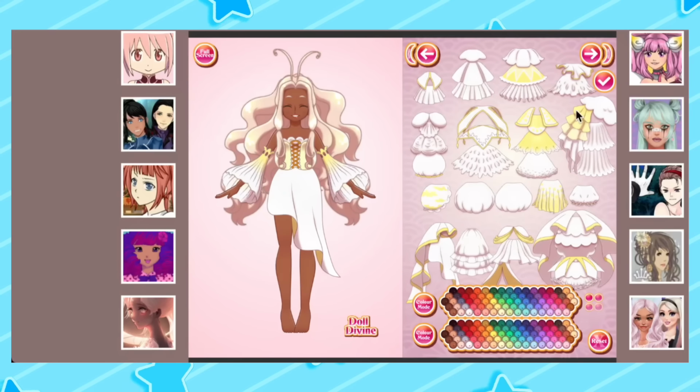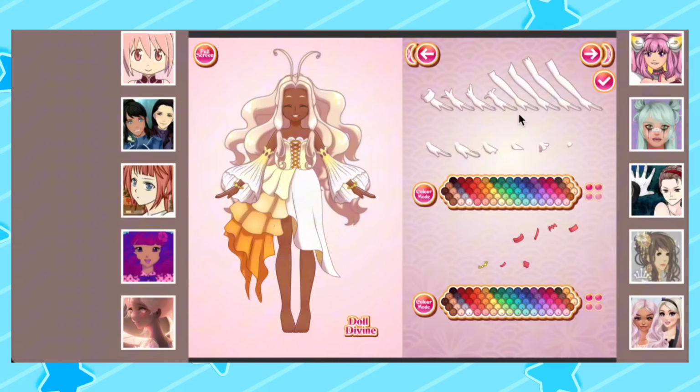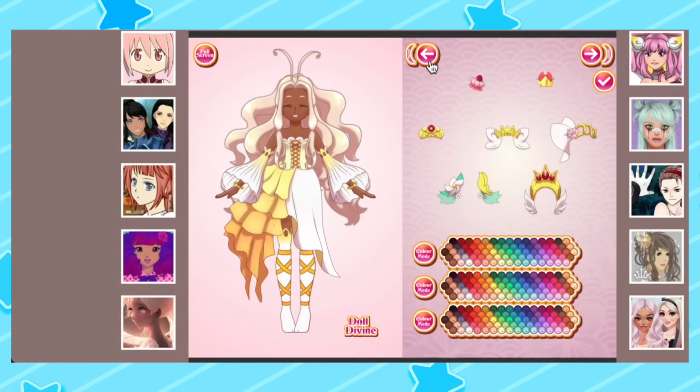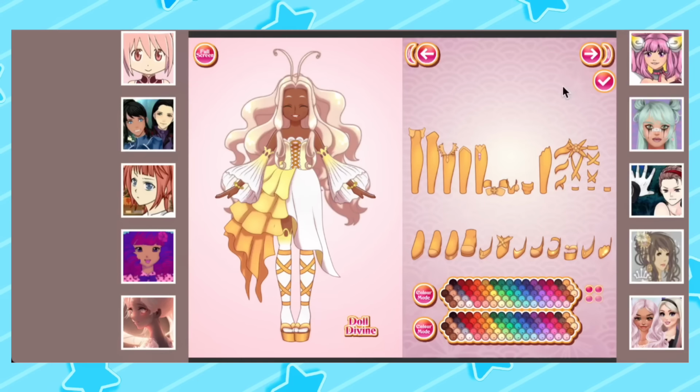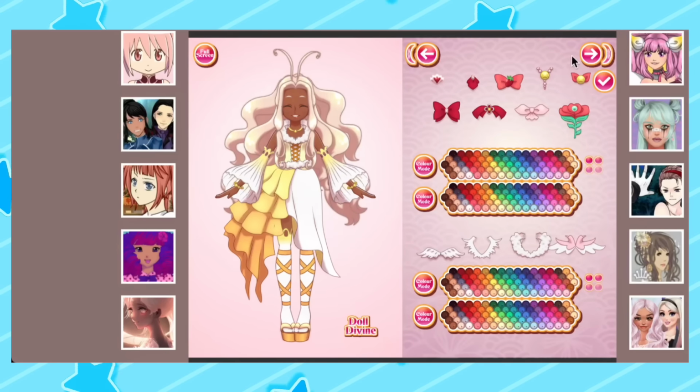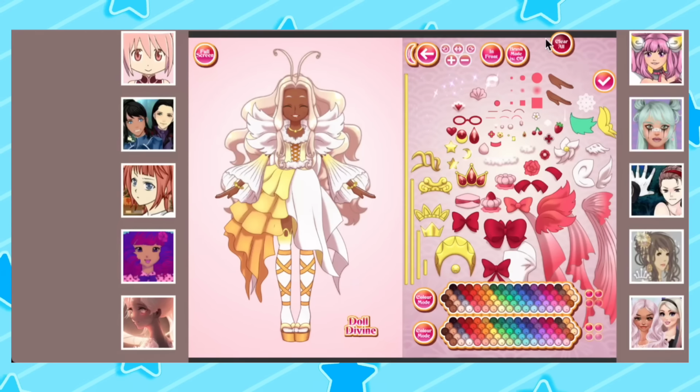Doll Divine also has several sister websites. The one I can think of off the top of my head is Azalea's Dolls. These websites don't have a whole lot of options for creating boy characters, but if you're trying to make a magical girl OC or a Disney princess OC or something like that, then this is definitely where I would start.